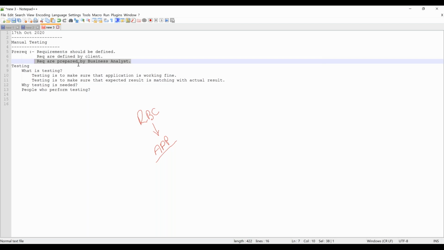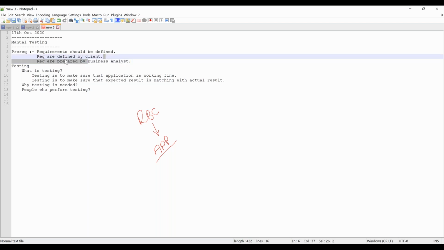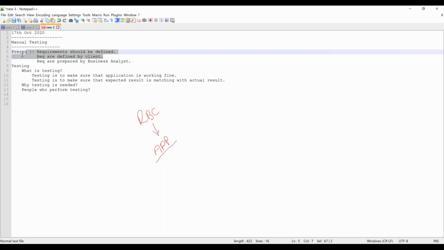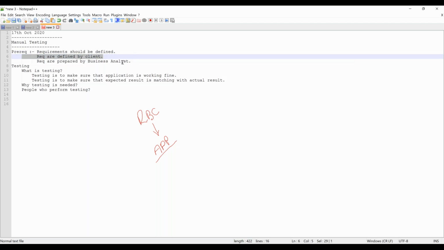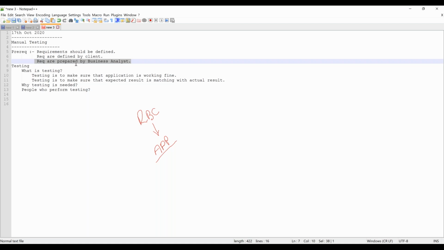So what is the job of the business analyst? The job of the business analyst is to take down the requirements that I am telling to him. So I am coming out with the requirements and the business analyst is preparing that particular requirements. Requirements are prepared by the business analyst.